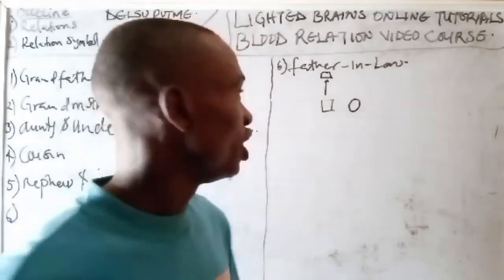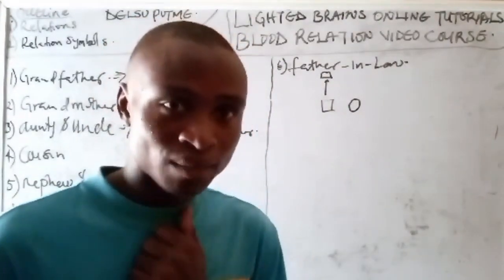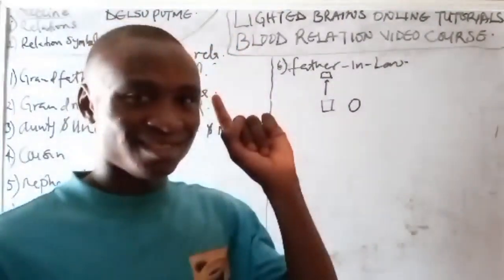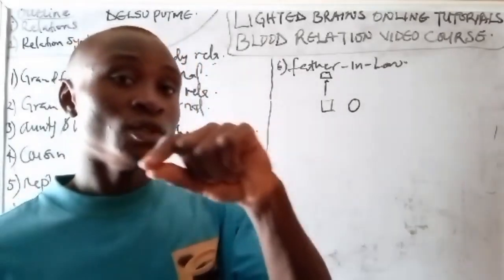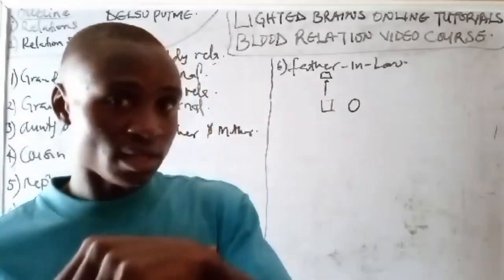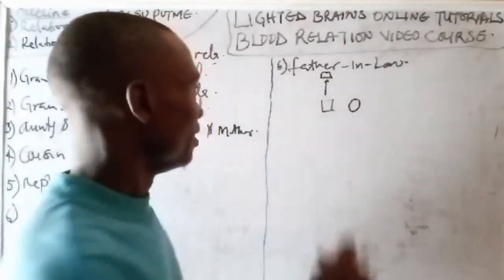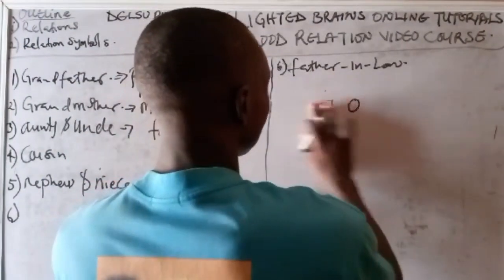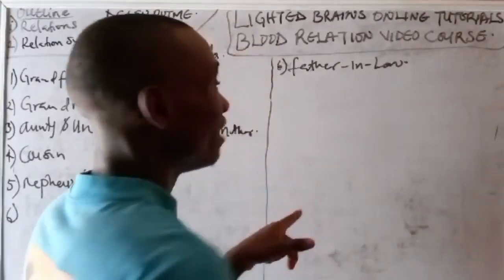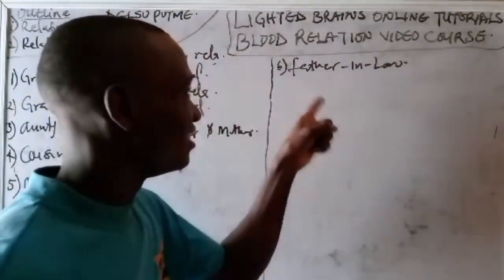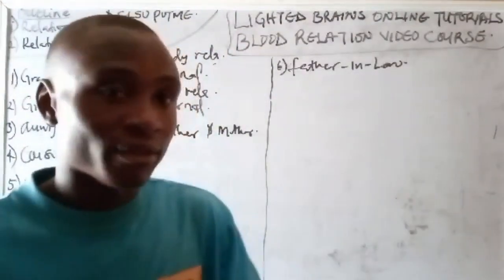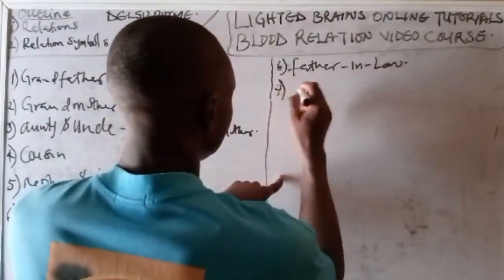That is, as a man, you married a woman. Your father is father-in-law to that woman. That is the relationship between your father and the girl. Do you understand? I believe you understand now. As a man, you have a wife. Your father is what? Father-in-law to your wife. Then number 7,